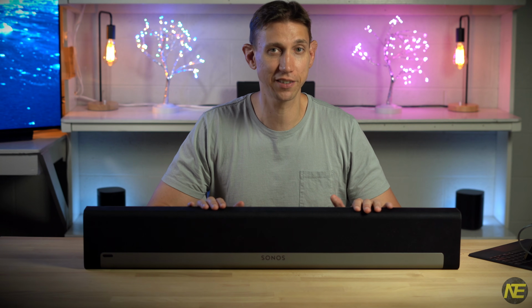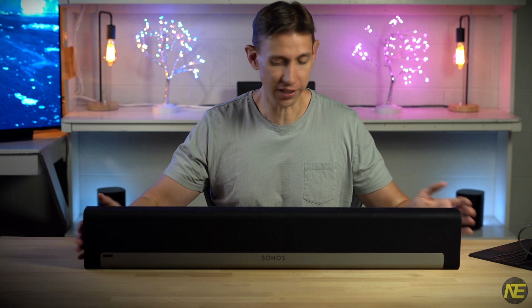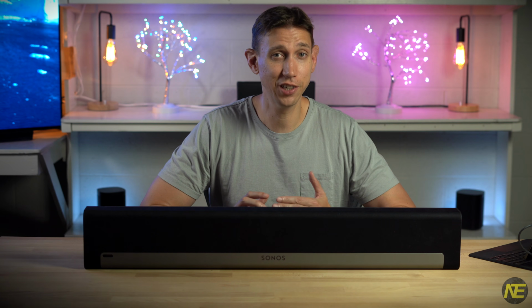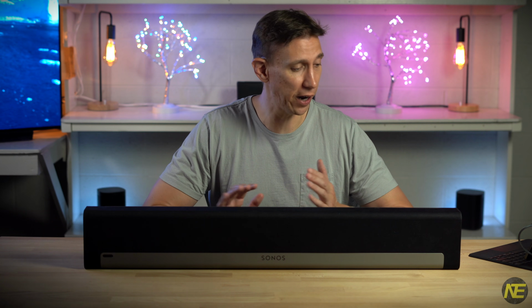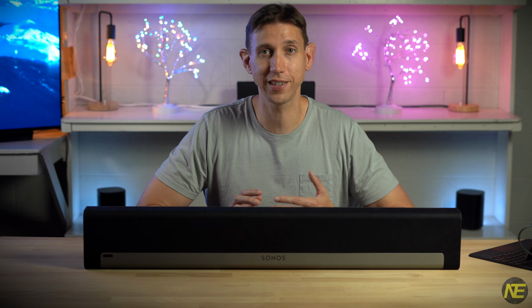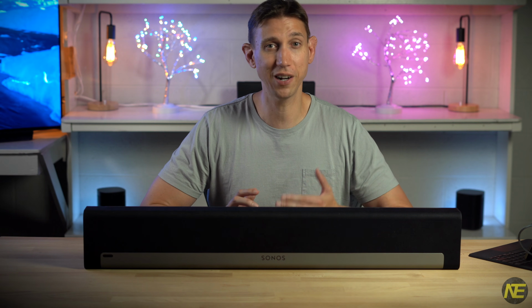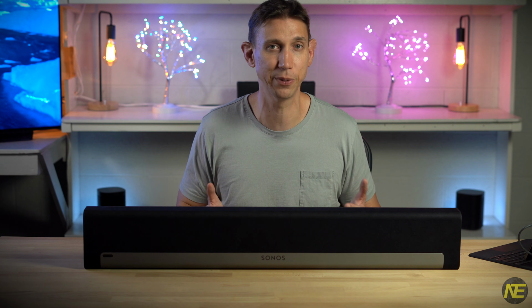But as we all know, 7 years leaves no consumer electronics device unscathed. The form factor, which I might generously call stately or robust, can alternatively be described as bulky or 2x4-esque. The Playbar does not support popular audio formats, it's missing popular wireless connectivity options, and integrated voice assistants. On top of all this, the Playbar is not overflowing with untapped potential due to its dated internals and lack